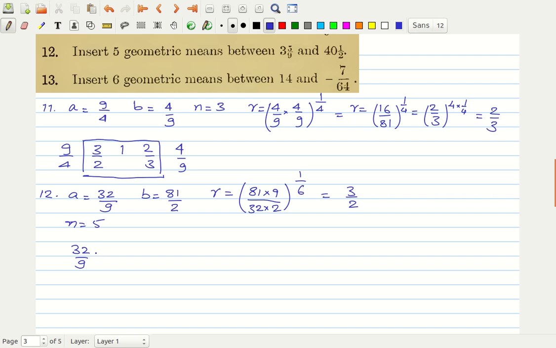So if you multiply this by 3 by 2, you get 16 by 3, and then you multiply this by 3 by 2, so you get 8, and then you multiply this by 3 by 2, so you get 24 by 2, and then you multiply this by 3 by 2,